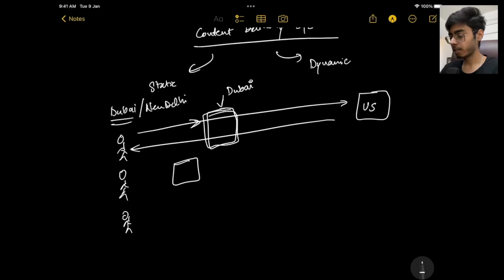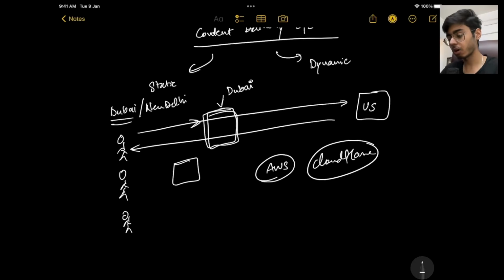This is the concept, and in AWS we have Global Accelerator and CloudFront, right? We also have Cloudflare and Akamai. These are some of the tools, the cloud providers, which make all of this possible. These big companies like AWS and Cloudflare have set up their servers all across the world, in various continents and countries. Let's say Netflix uses AWS for their streaming. That's why whenever you go to Netflix and click on a video, it starts playing immediately, because the video is stored nearer to your geographical location, right?